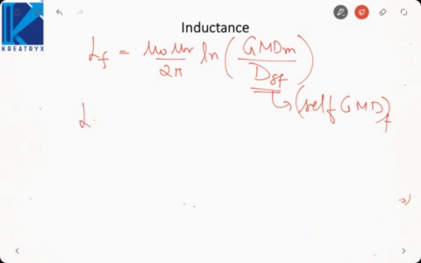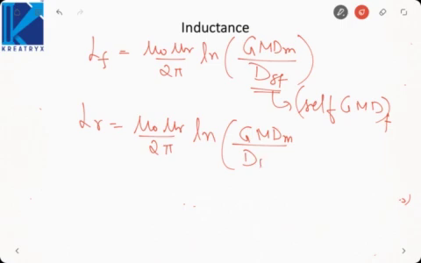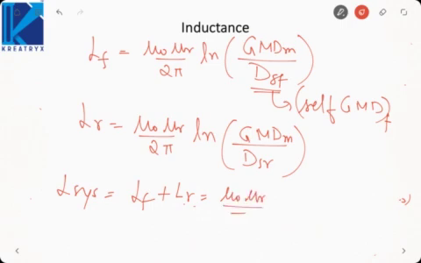Then L return will be mu naught mu r by 2 pi ln GMD mutual by DS return. And L system, since it is a single phase 2 wire line which has been broken into 3 and 2 conductors respectively, L forward plus L return, mu naught mu r by pi ln,